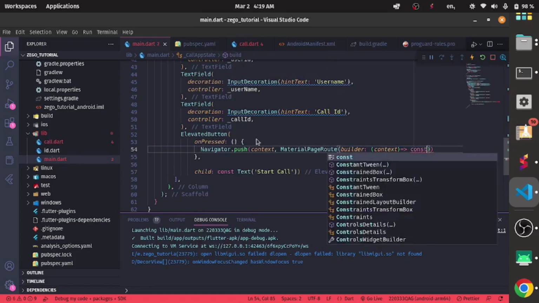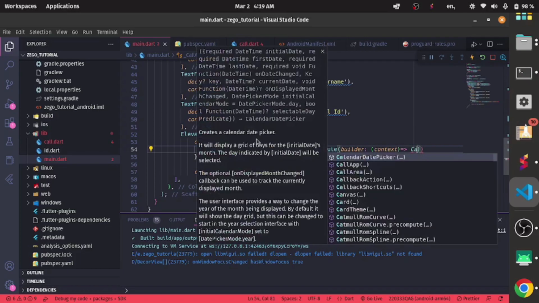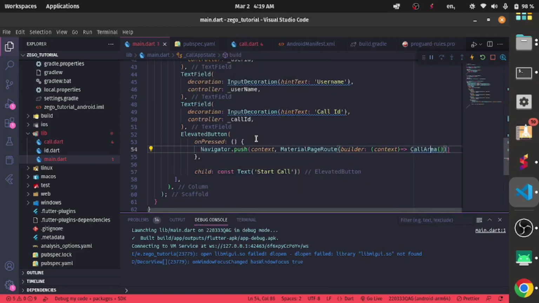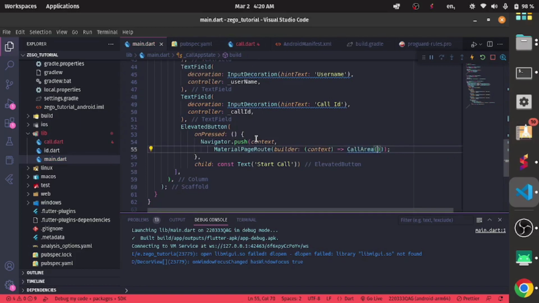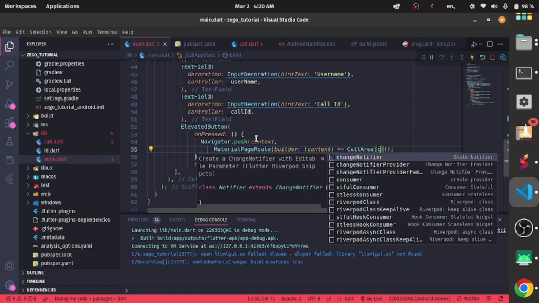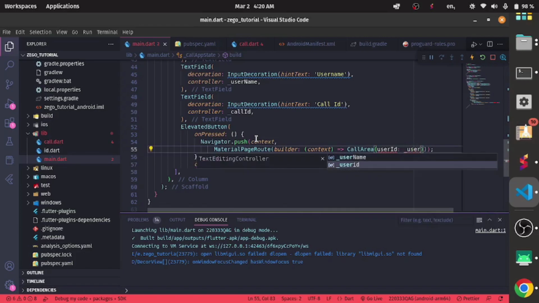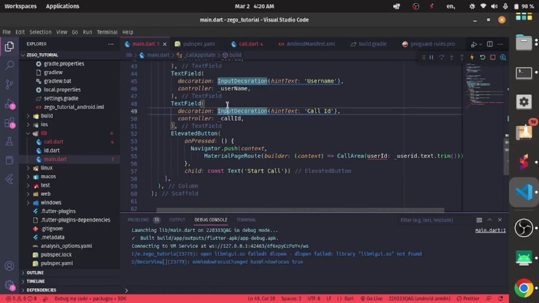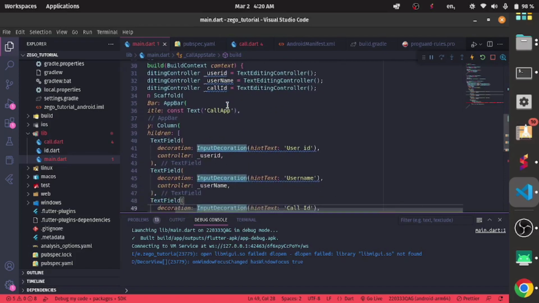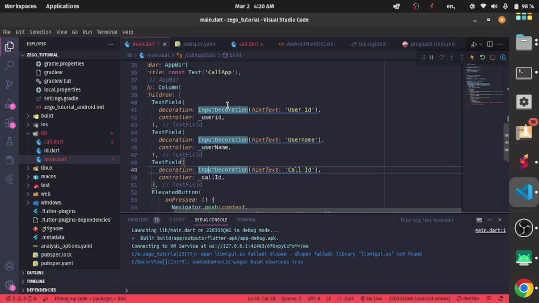So we are navigating to the call area, and we are also passing data to the call area. The data will be the user ID, the username, and the call ID. So user ID will be userID.text.trim. And don't be surprised, I've created controllers for all the text fields over here, so that's what I'm passing to the call area,